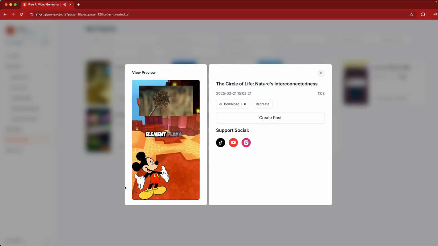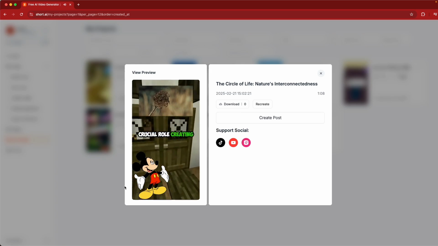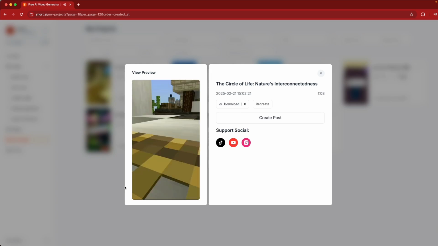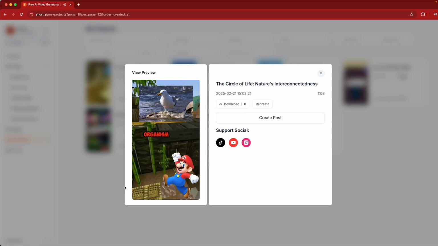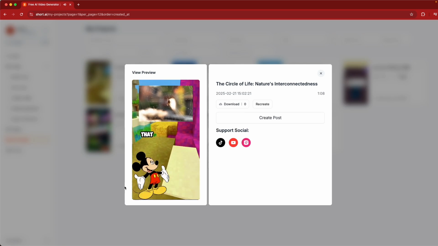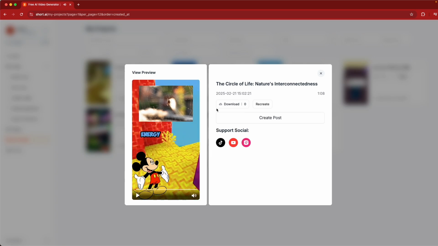Each element plays a crucial role, creating a complex web of life. It makes you appreciate how interconnected everything is, doesn't it? Every tiny organism has its part to play. Did you know that in ecosystems, energy